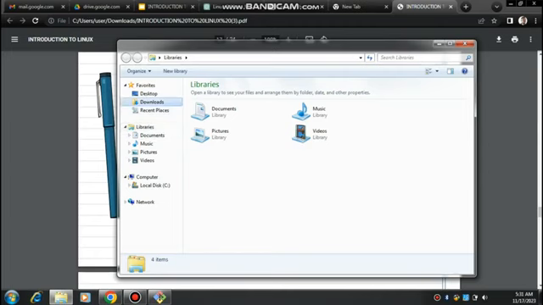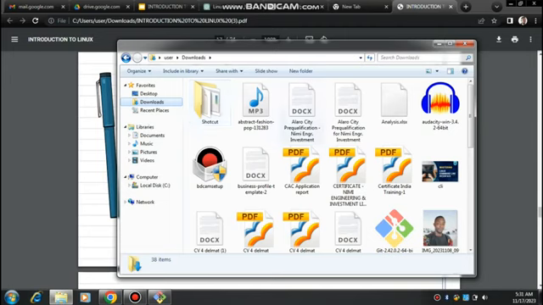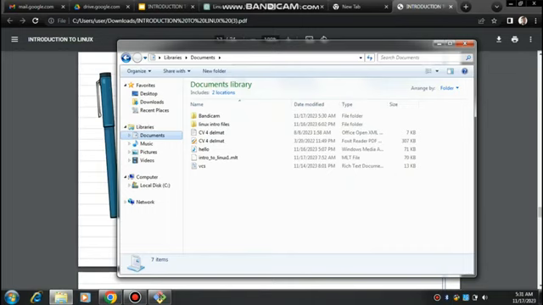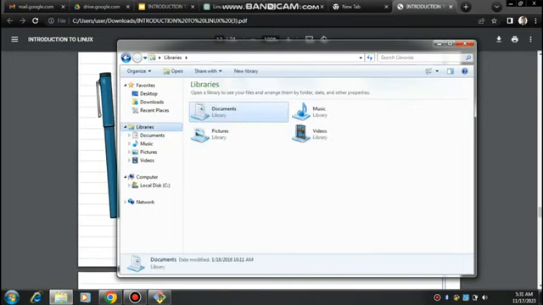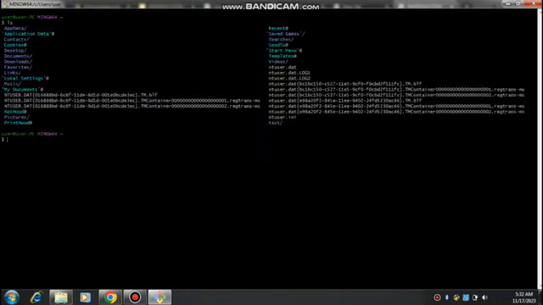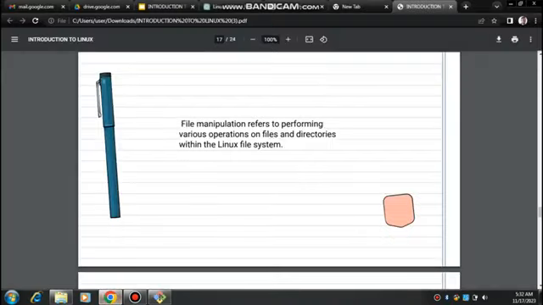If I go into this download folder, you see these files and folders here. On my screen you can see abstract fashion pop, you can see shortcuts. So these are files and folders. Document is a folder or directory. Library is a folder. Look, picture is a folder. The same way in our command line interface, there are files and folders too. You can see app data, you can see documents, downloads. So today we're talking about how to manipulate